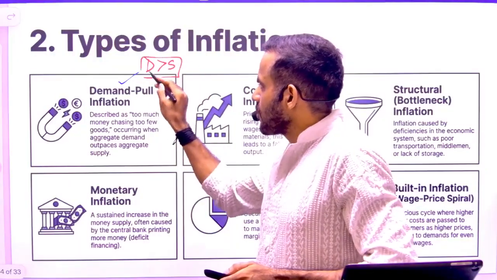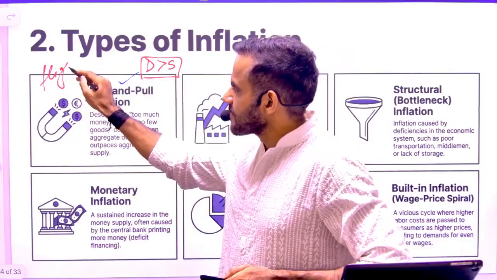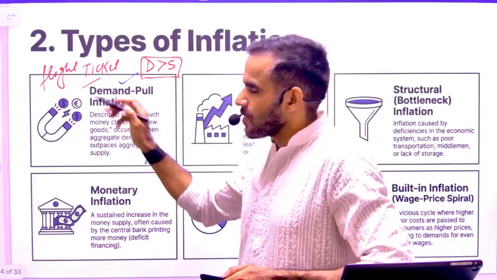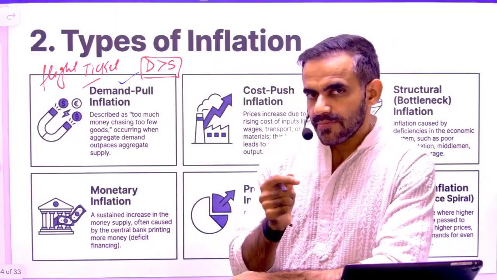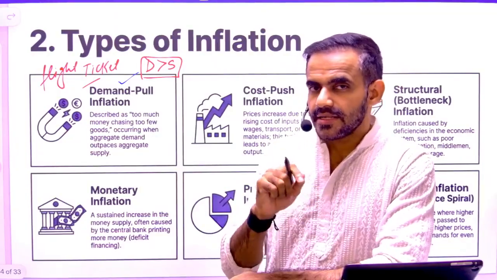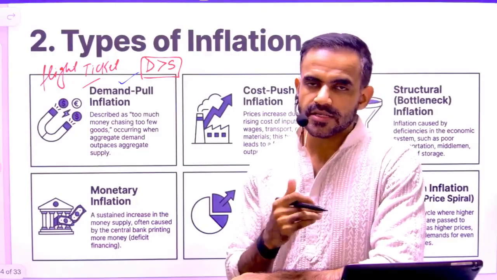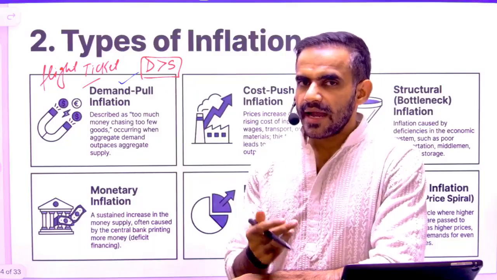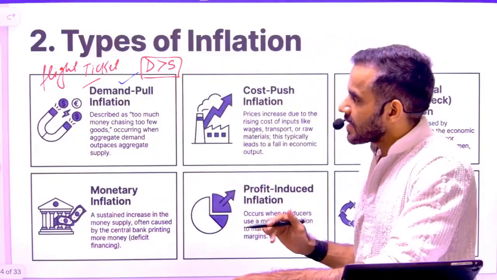So what will happen? We have considered the example of that flight ticket. In case of festivals, the price of the ticket is very high. Why is the price high? Because a lot of people try to book the ticket. That simply means the demand for tickets is higher than the supply. Another example, the price of fruits during the Navratri season. The demand for fruits has gone up, and therefore the price will also go up. That is referred to as demand pull.